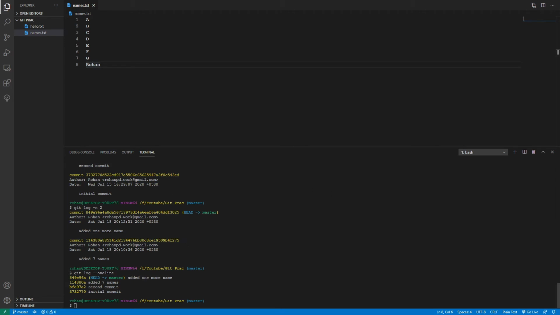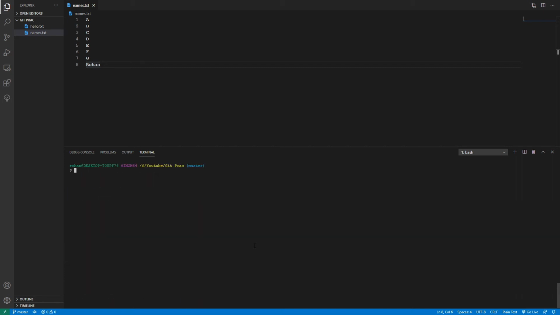For changing this name, we need to change the config file that is stored in our computer, and it is used whenever we push or commit anything. For that we have the command git config. This git config gets the configuration file that Git uses whenever we commit something or push to the repository. As you were able to see my name and email id over there, it comes from a config file. So we can directly write git config,